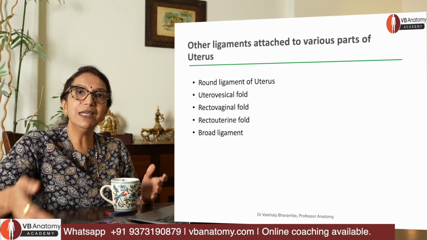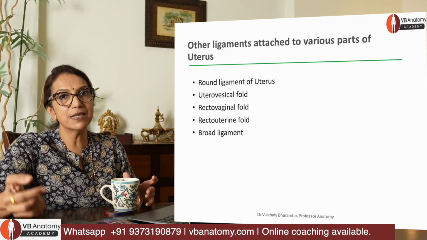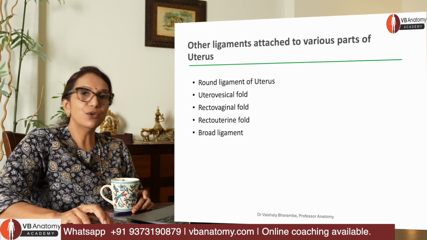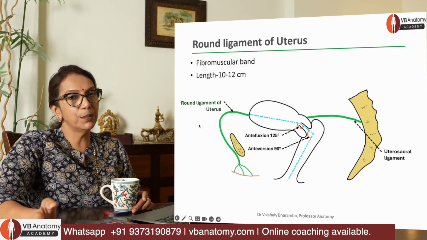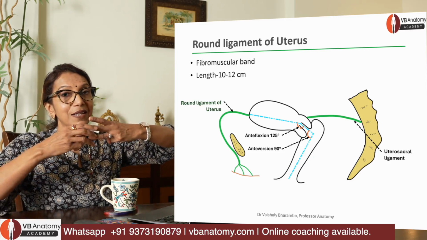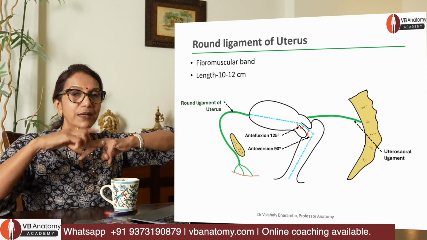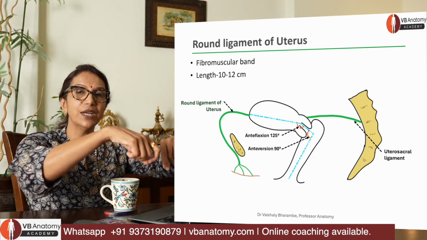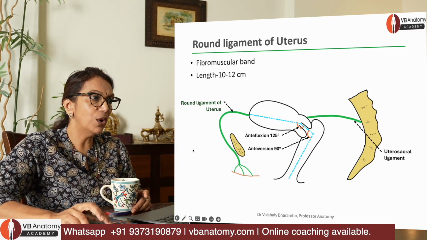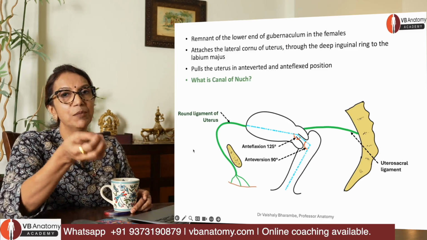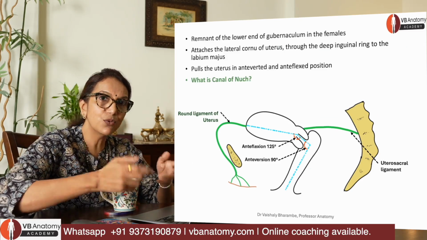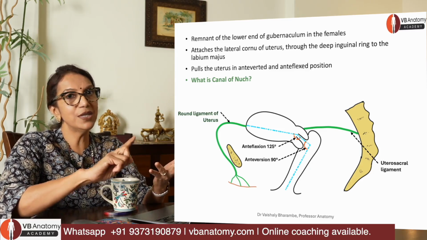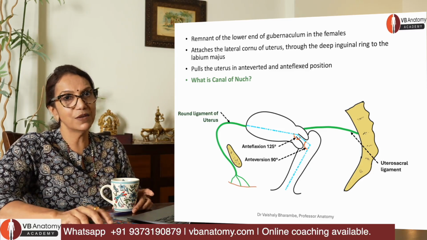So other ligaments are also attached to the uterus. Since we are talking about ligaments and we are in the process of understanding the supports it has, let's run through the other ligaments as well briefly. So other ligaments attached to various parts of the uterus are the round ligament of uterus, attached, you remember the 3-finger thing, to the lateral angle of uterus, passing forwards, passing through the deep inguinal ring, inguinal canal, superficial inguinal ring and attached to the labium majus. What does it do? It's basically the remnant of the lower end of the gubernaculum causing the uterus to fall forwards and downwards, which helps to maintain the angle of anteversion, anteflexion. This is revision because we've already done this.